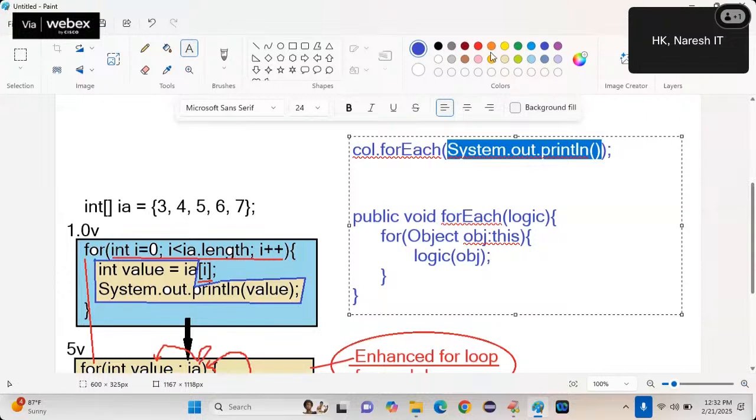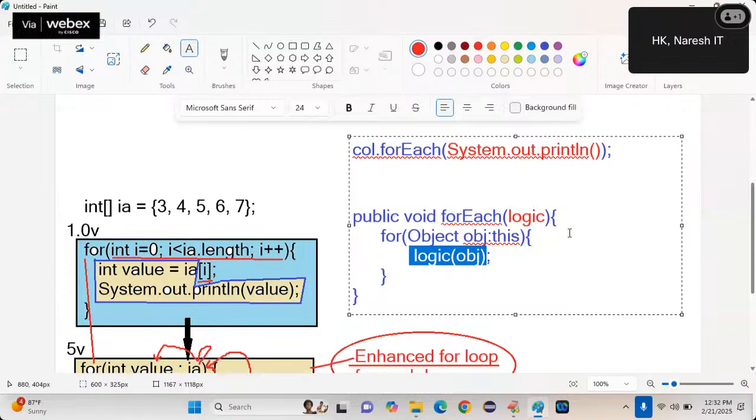How can you manage it? How can you connect it? How do you pass the System.out.println logic as an argument to the method, and how can the object be passed as an argument to this logic? Everyone, come on, tell me what I have to use here. I want to pass logic as an argument. If you want to pass logic as an argument, can you pass logic directly? No. Logic means what? Function. Function means what? Lambda expression.